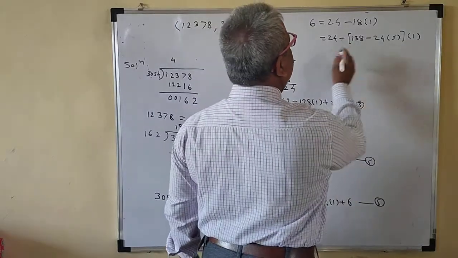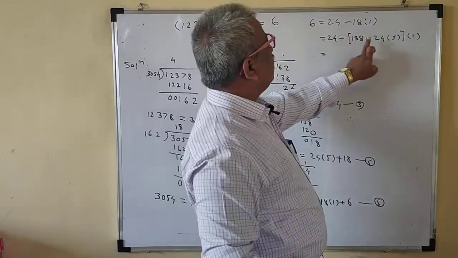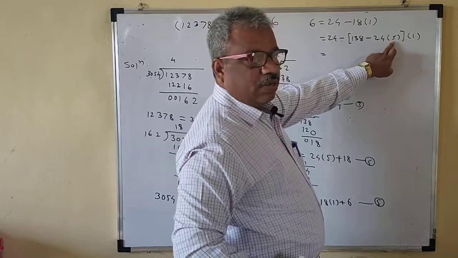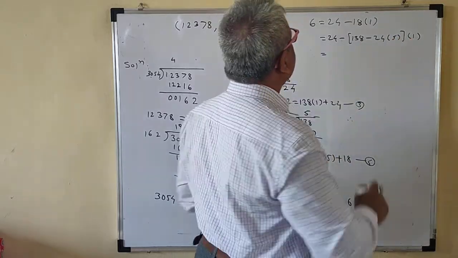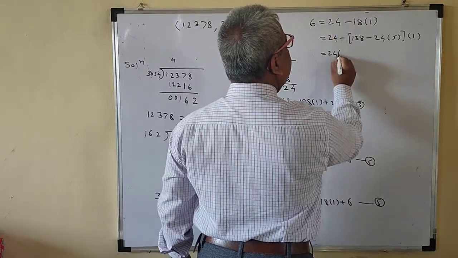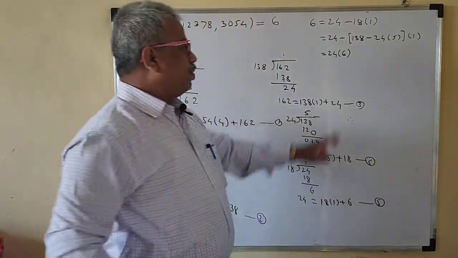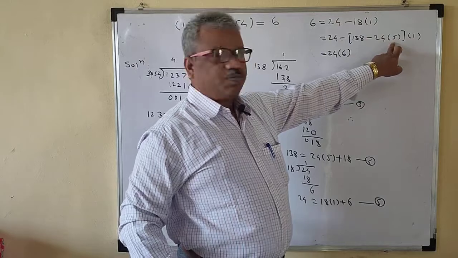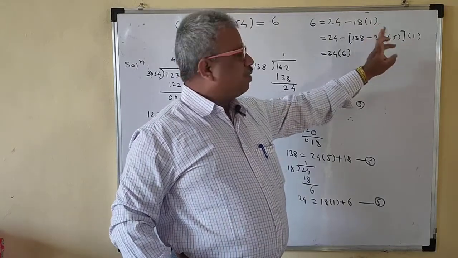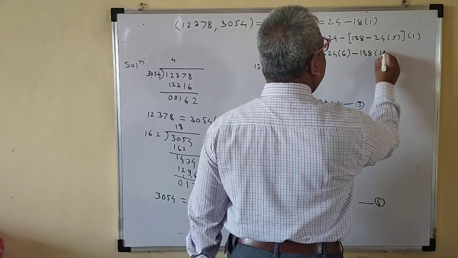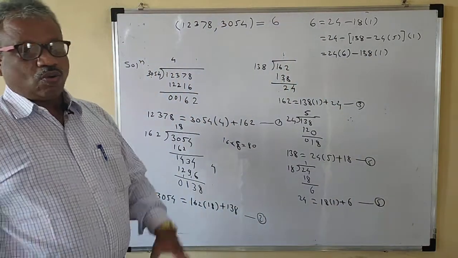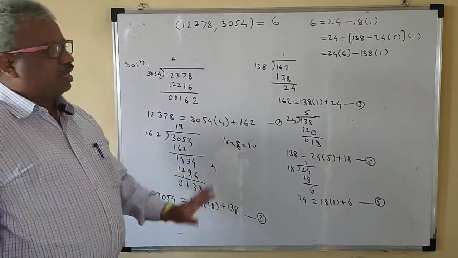So we collect the 24 now here. So now this minus 1 becomes plus. This is 524 and this is what? 5 into 1 is 5 now here. And this one, 24 into 6 now, because this is 124 and this is 524. So 1 plus 5 is 6, minus 138 into 1. Only the numbers written in the bracket are the numbers.